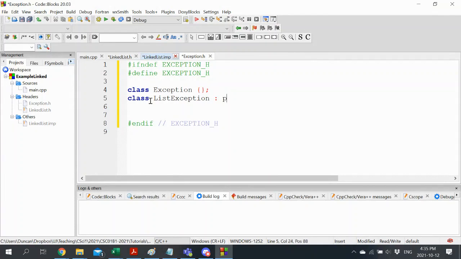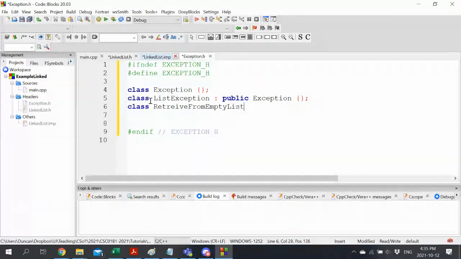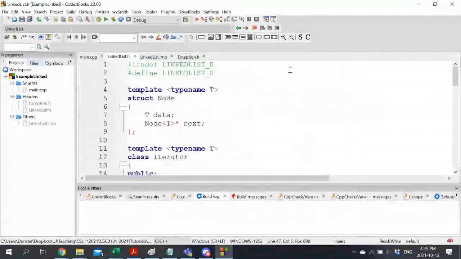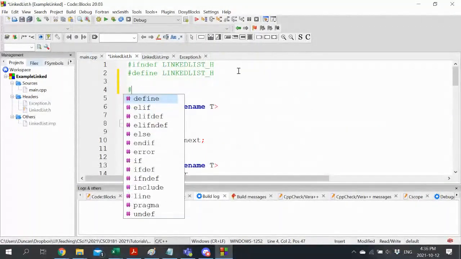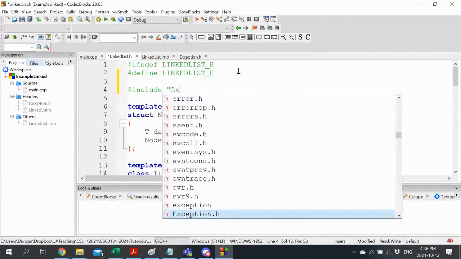Kind of exception. Doesn't do anything. And then a retrieve from empty list is a kind of list exception. And then what we might want to do, simply bring in our exception